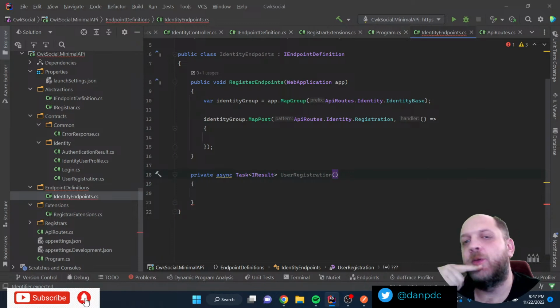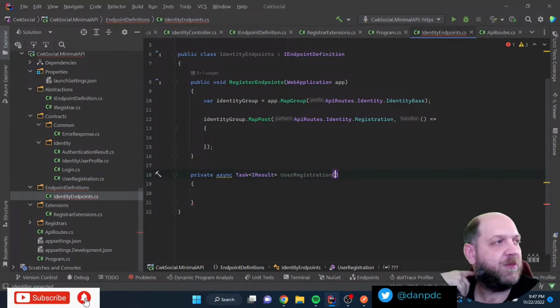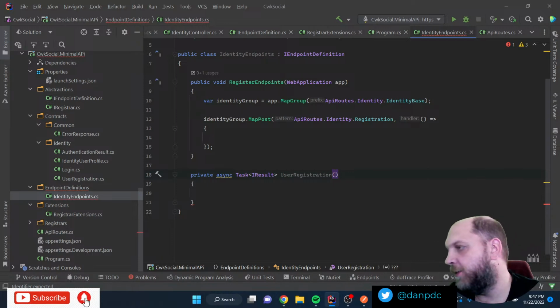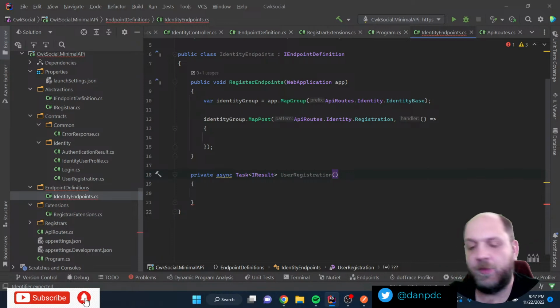The thing is, and you see here, this is a challenge for me right now. When compared to the controller-based API, the fact that I cannot use constructor injection doesn't help me a lot, because I cannot simply create a base class for this identity and for an IEndpointDefinition and just inject the mapper and the mediator there and reuse it. So I have to inject all the things that I need in methods. That's a little bit cumbersome, I guess. It's surely not optimal, but let's do this.